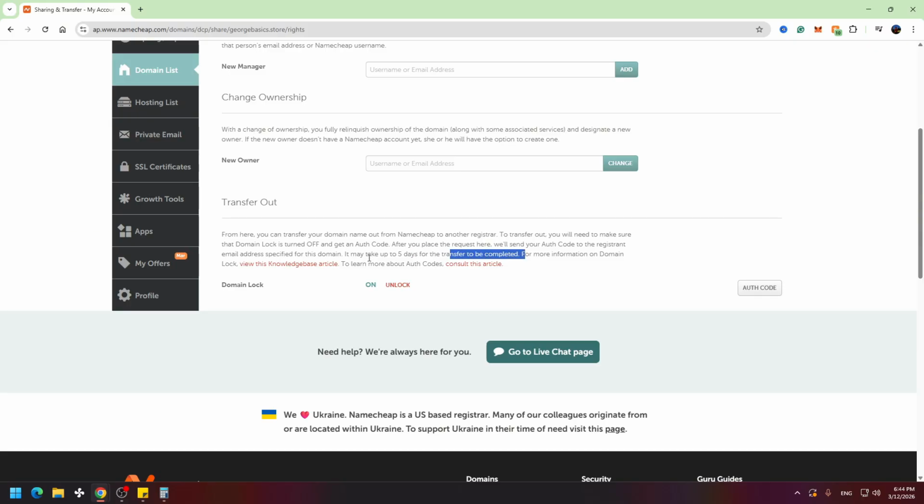So after you receive the code, you will have 5 days to transfer your domain to any other domain provider. And also, if this information is not enough, you can read these articles right here. So first of all, click on unlock, then you will receive the code on your email and you will use this code to transfer your